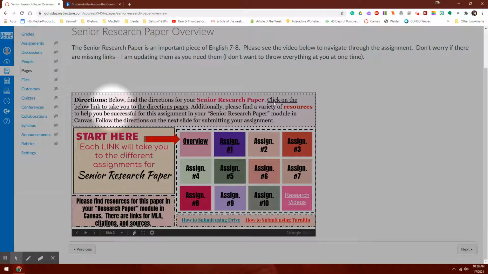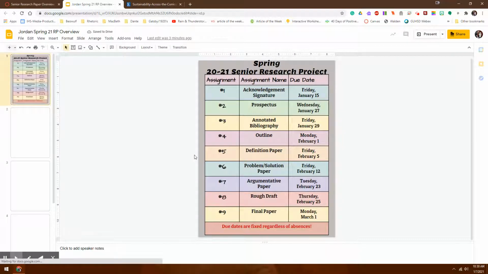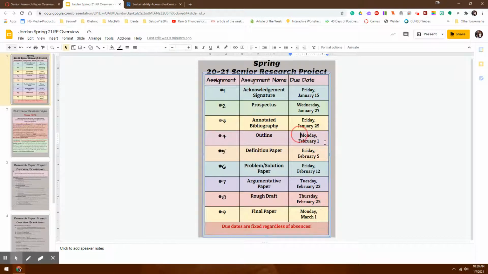It's got directions up here. And so we have different resources to help you. So it says to start here with your overview. And this is going to take us to a separate slideshow where the first thing you're going to see is the due date calendar. So if you know that you have an assignment due on February 1st, but you're like,